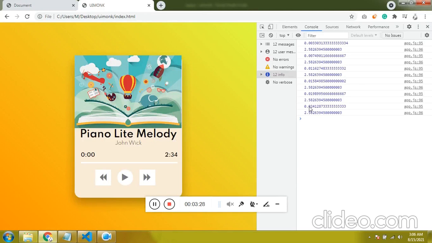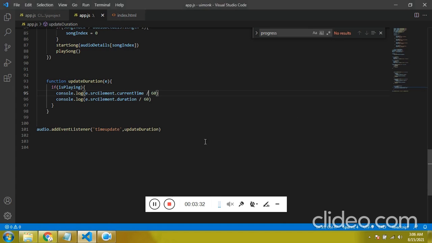So this one is current time and this one is the total duration. So let's make this the exact value with Math.floor.